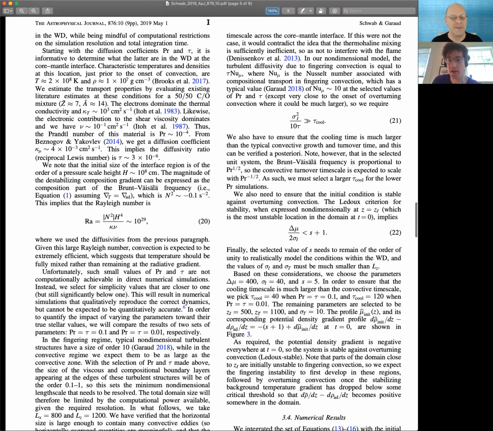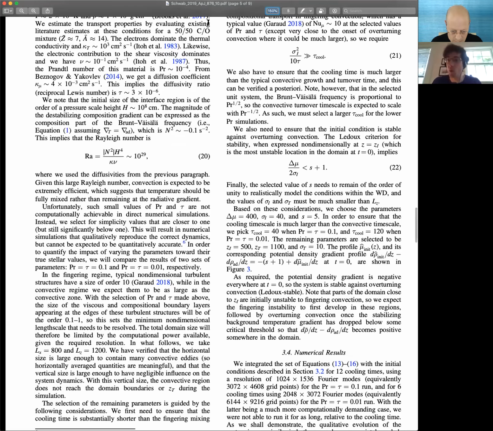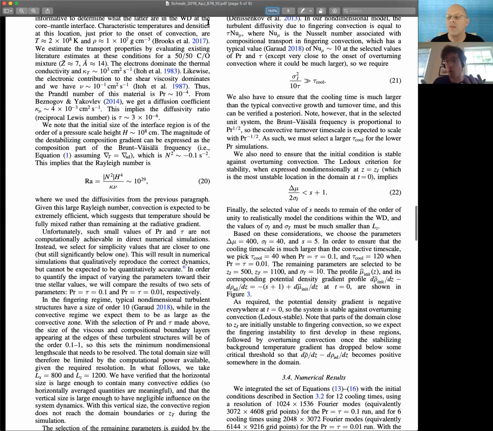So we spent a long time discussing the fact that because we have really idealized this problem, we want to try to convince the reader that we're in most of the same limits that you're in in the star. So that the hierarchy of the cooling time scale to the convection time scale to this double diffusive fingering time scale all have the right hierarchy. Okay. And so we're careful to choose all our parameters such that that's true. And you'll have to believe me that we did, and if not, there's a couple pages that you can read and hopefully convince yourself. But I think it's worth looking at the pretty pictures, which I believe are